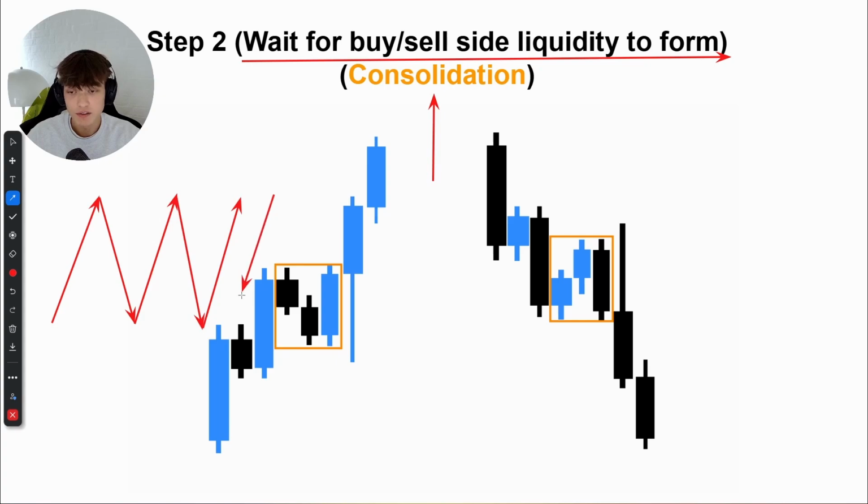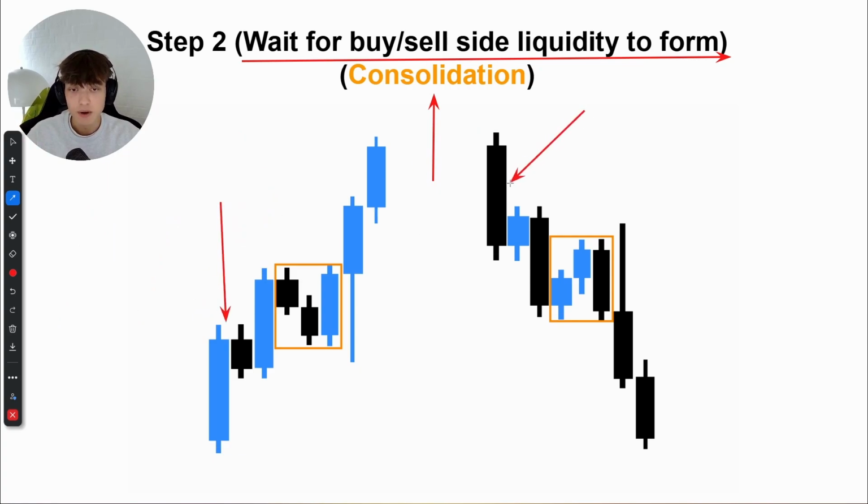So in the continuation phase right here, these 3 candles, right? There is a clear direction. The direction was bullish, and vice versa, bearish direction with these 3 candles right here, right? So bullish direction, bearish direction, but now it pushes into the consolidation phase. And remember, there's only 3 phases: continuation, consolidation, liquidity. So in the continuation phase, price is moving up or down. In the consolidation phase, price is moving sideways, printing no clear direction, meaning, this is the most important thing about this,